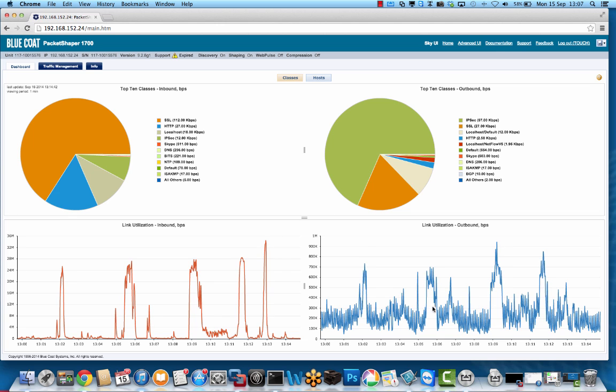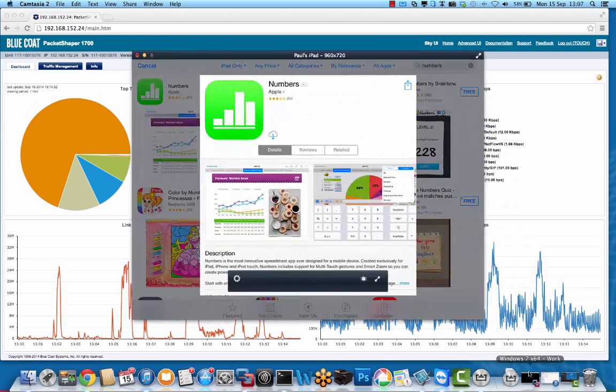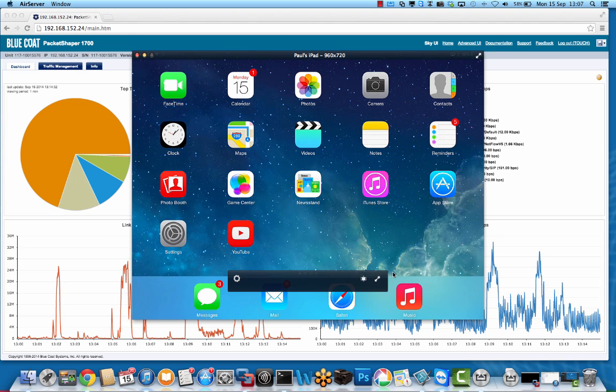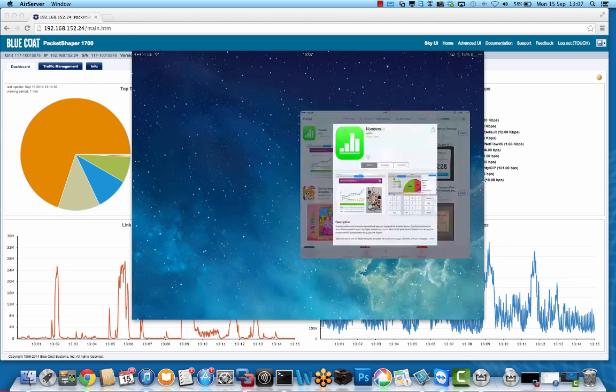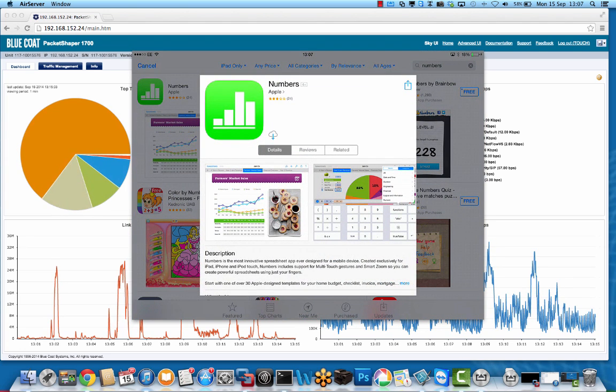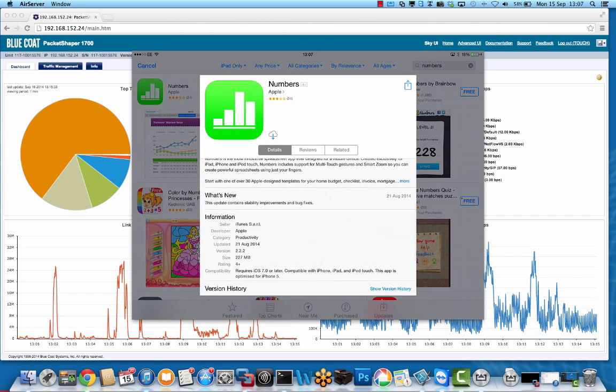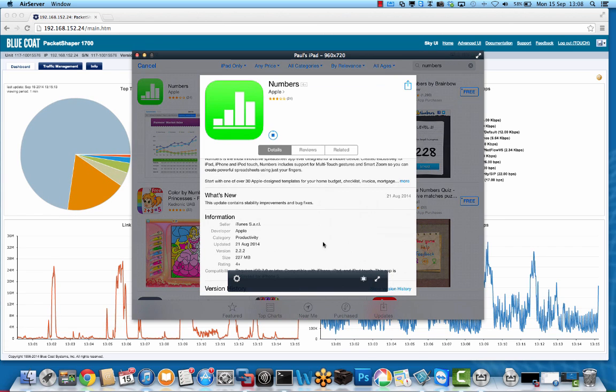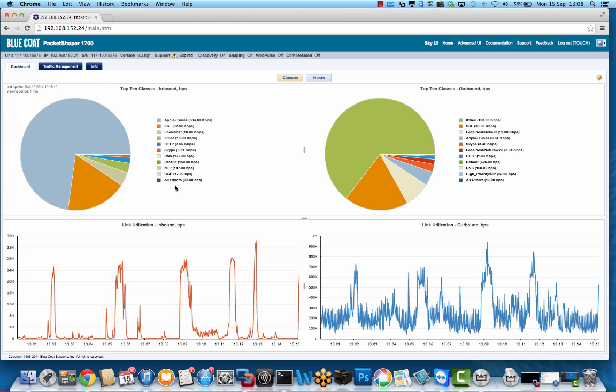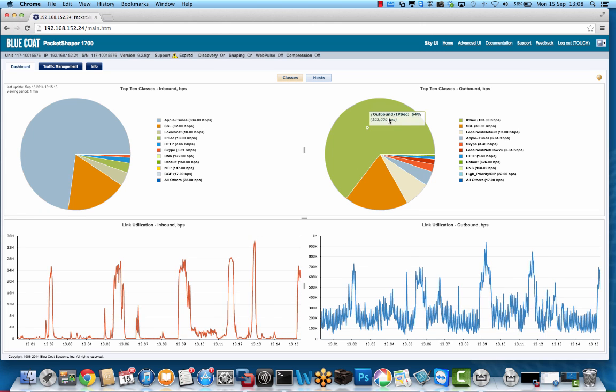So the first thing I'm going to do is bring up my iPad, which is reflected down here. If I go into the App Store, I'm just going to choose to download Apple Numbers spreadsheet application, which I think is 227 megs. So if I just download this, it's going to kick off the download in the background. You can see that happening already, and straight away inbound Apple iTunes traffic is now running at about 20 megs